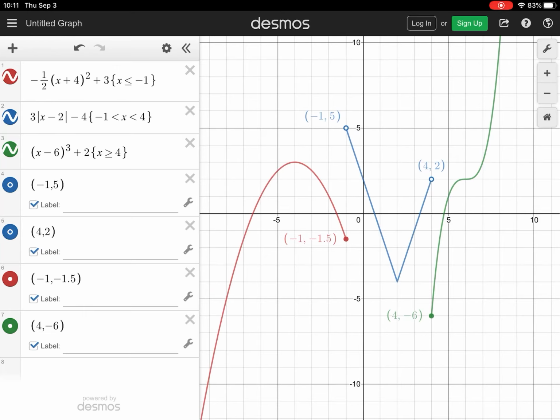So if I wanted to, I could screenshot this and put it in the notes instead of having to graph it myself. You will be able to use Desmos as well. Desmos is an app on your phone if you find that easier. If not, desmos.com will work as well. And then if you're on a school-issued Chromebook, there is the testing mode with Desmos in it, but I would still just suggest